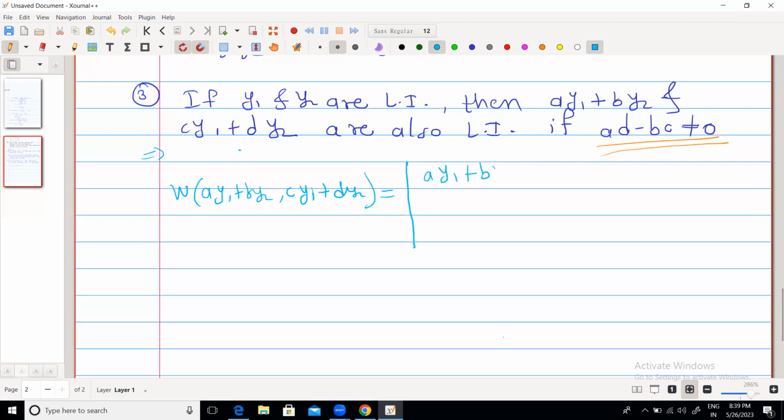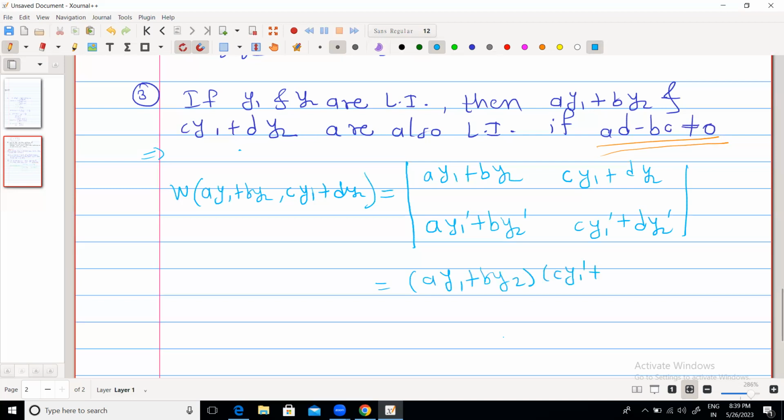a y1 plus b y2, it is c y1 plus d y2, it is a y1 dash plus b y2 dash, c y1 dash plus d y2 dash. So determinant is minus